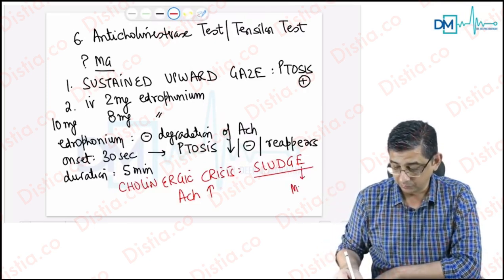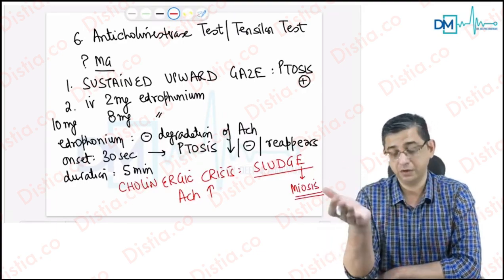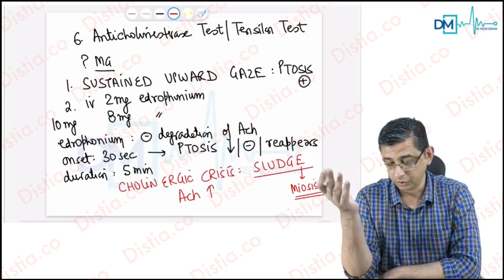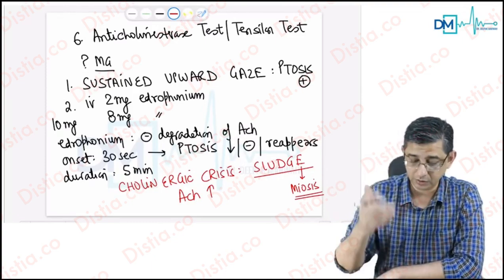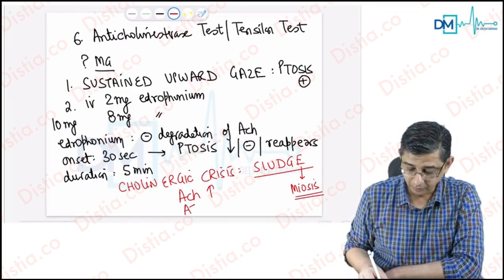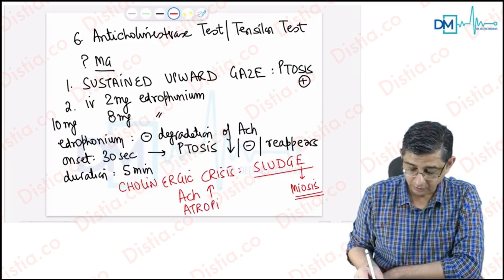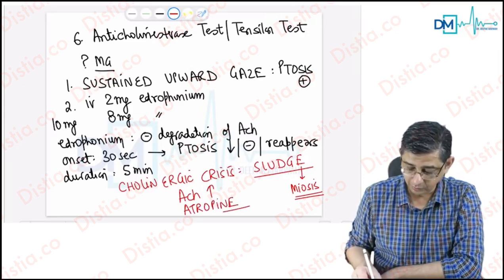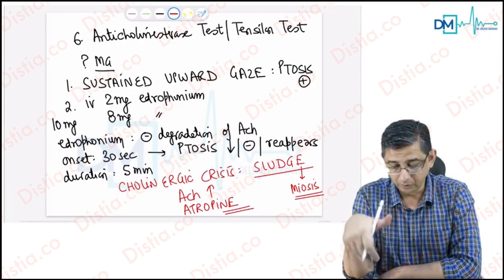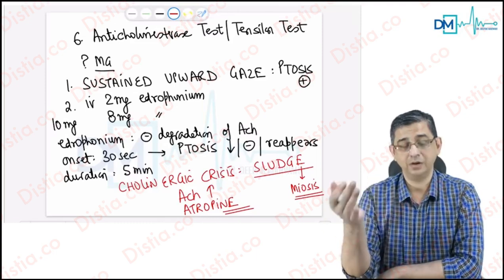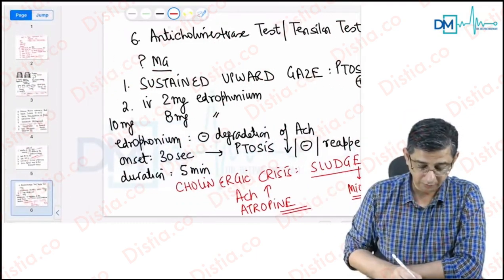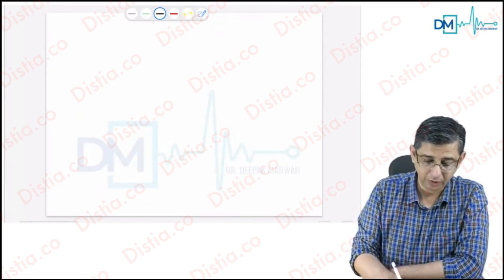So I'll repeat the features once again, and I have not written them because they're very straightforward. Hypersalivation, lacrimation, frequent urination, diarrhea due to increased GI motility, and eye manifestations, miosis in a patient. So during the performance of this test, if you are having a cholinergic crisis, atropine has to be given to the patient. And because of the medico-legal issues and the practical issues which I mentioned here, now instead of using a Tensilon test, we have another alternative available at our disposal, and that would be to go in for an